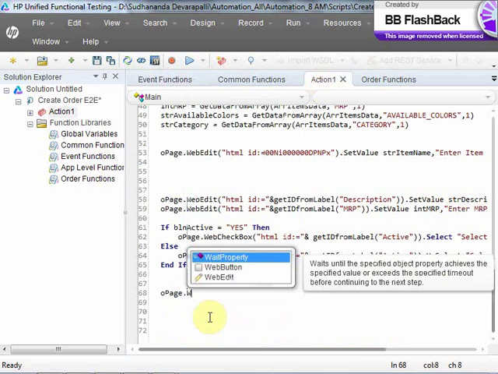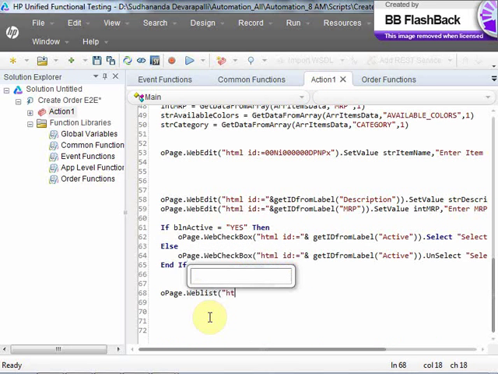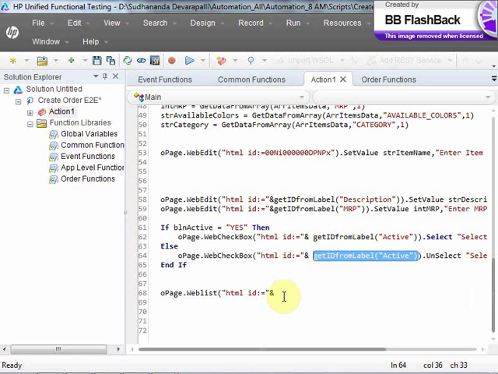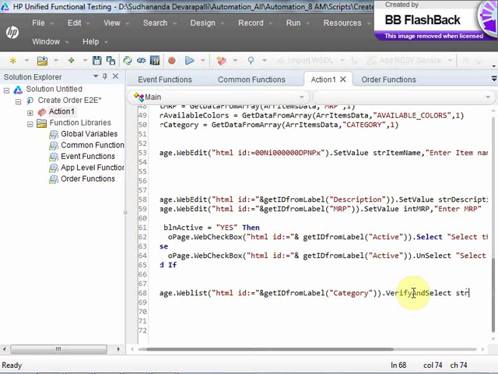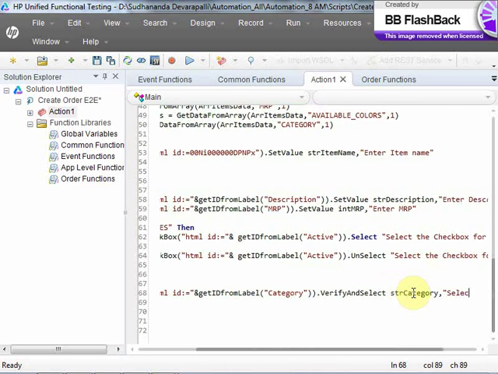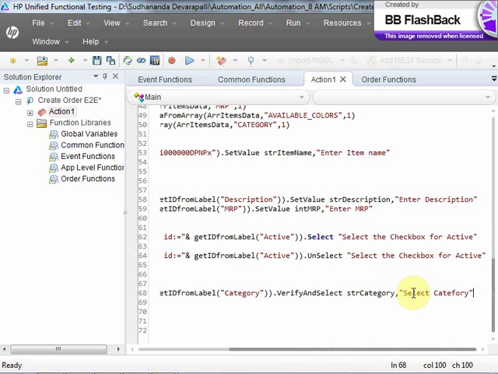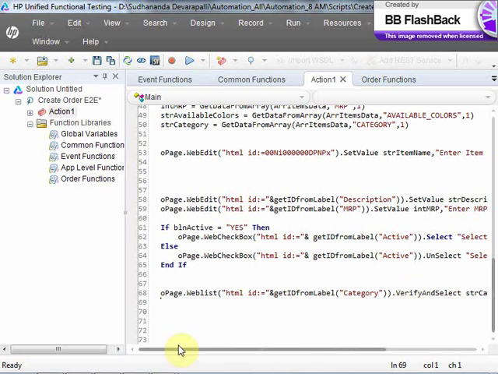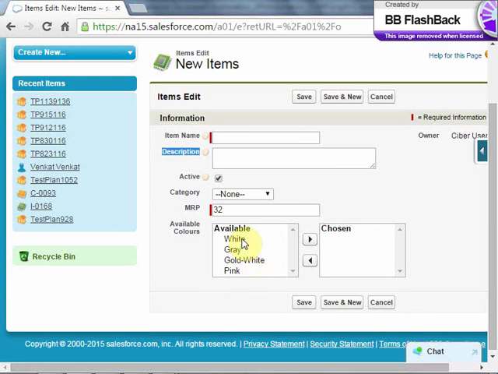Then opace dot web list of HTML ID equal to, copy this, category, dot verify and select str category comma select category. Then next what I have to do, I need to select